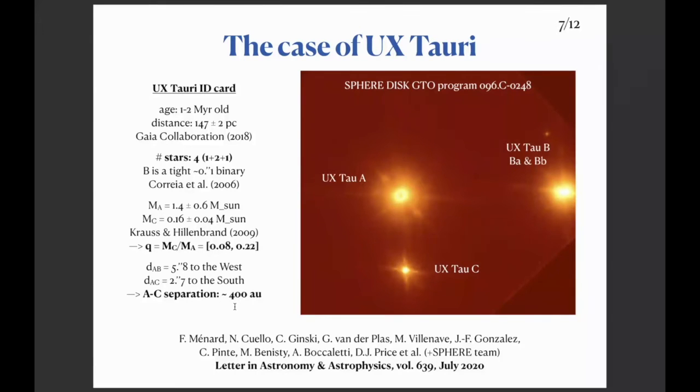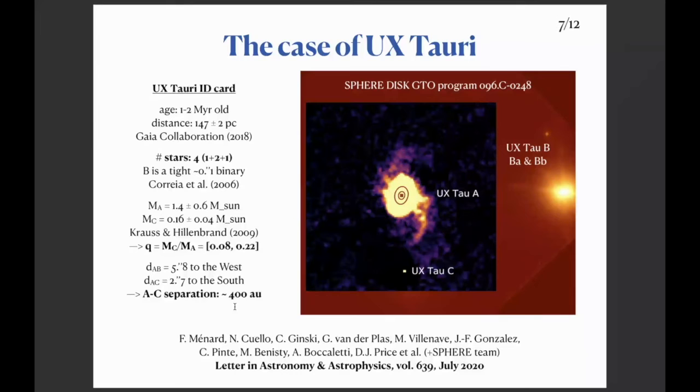And what we can see is that if we combine J and H bands and we push the contrast to the very limit, we can see two very prominent spiral arms around the primary. And here you have the continuum emission seen with ALMA. And here is the perturber. Okay, so we need to understand what's going on here.